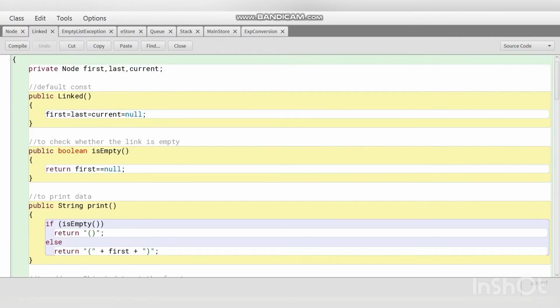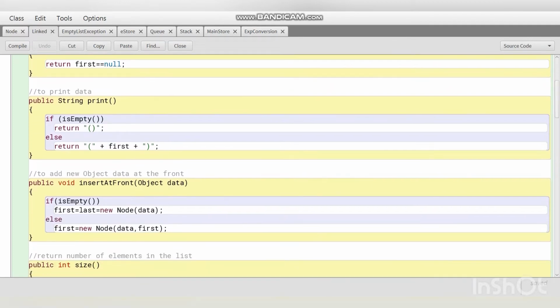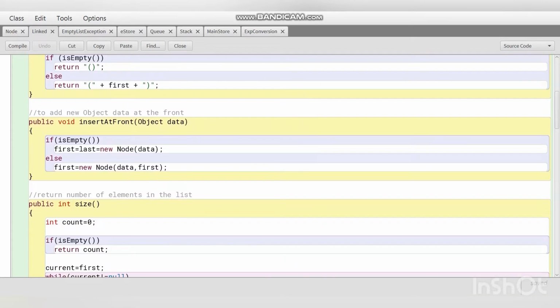Next, we move on to link class. In link class, we will declare private node first, last, and current, and then we will write the default constructor, and then we write the method to check whether the link is empty. Next is the print method to print the data from the link list, and then we will write the method to insert the data at front of the list, and then we also have a method to return number of